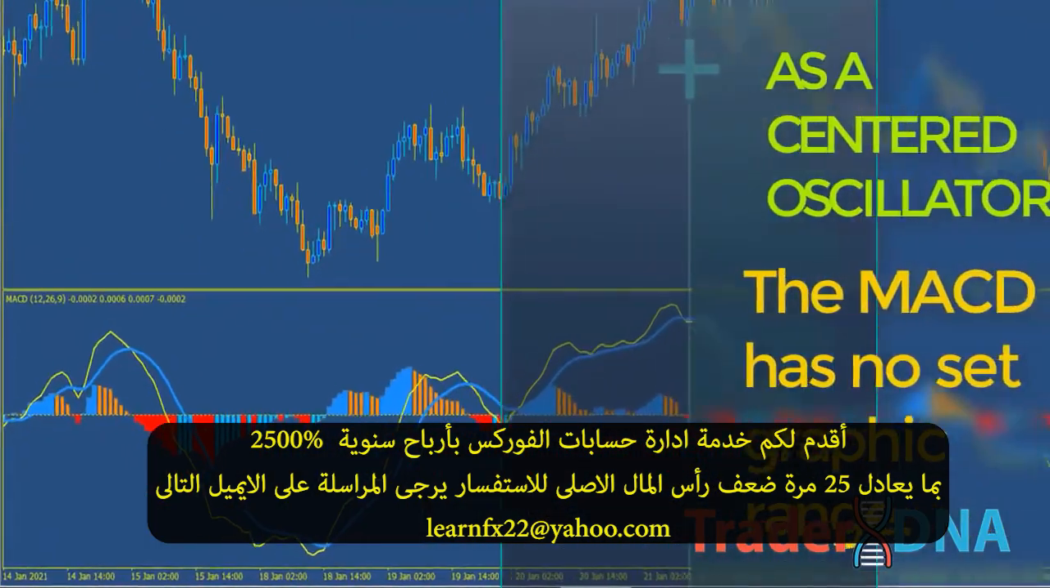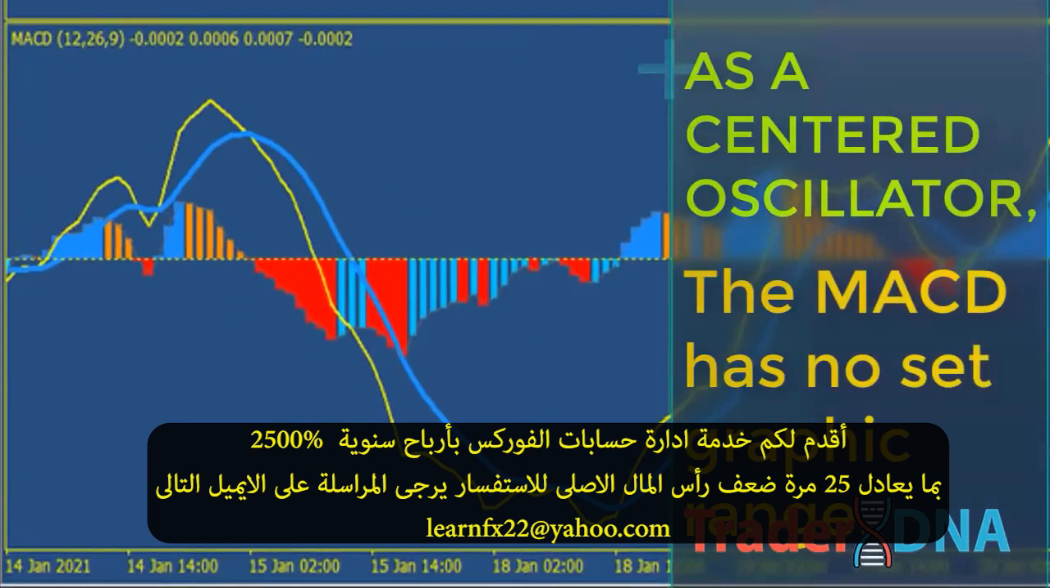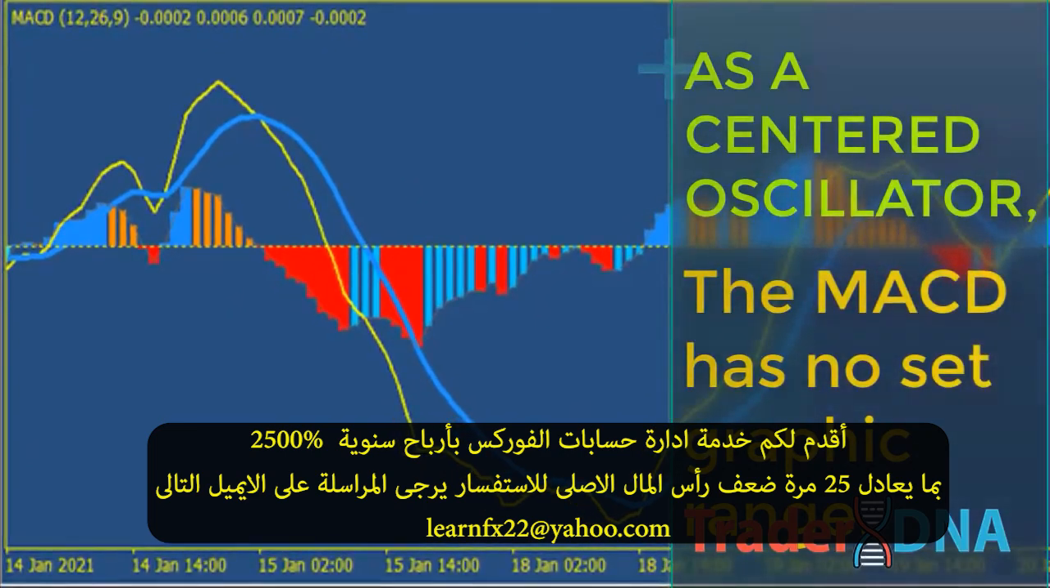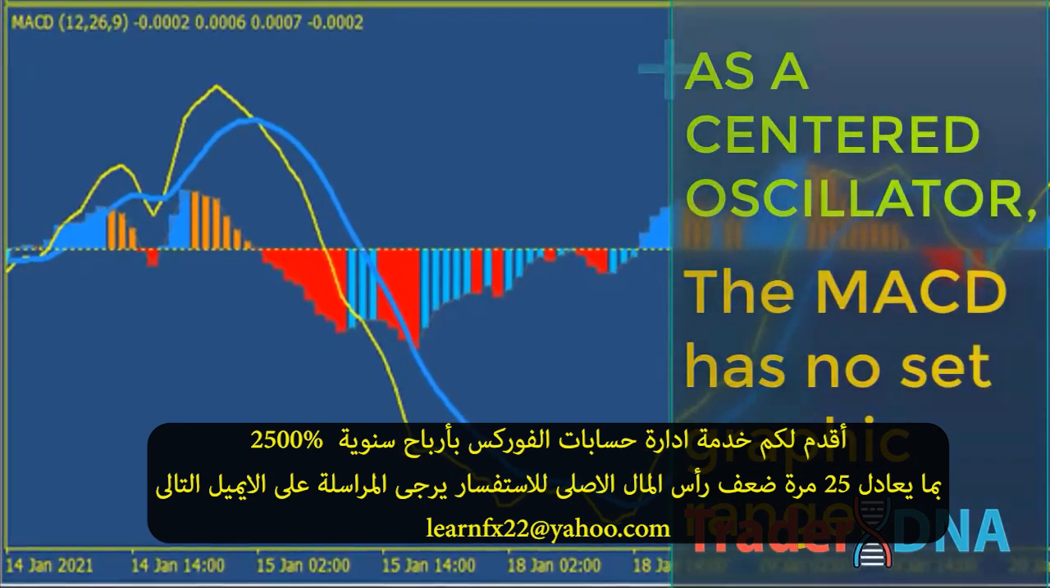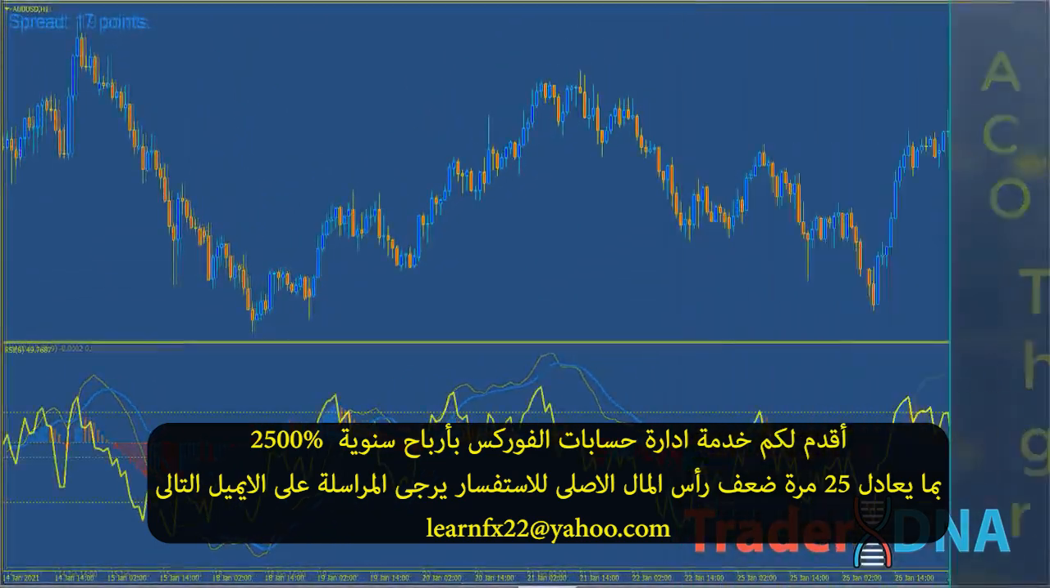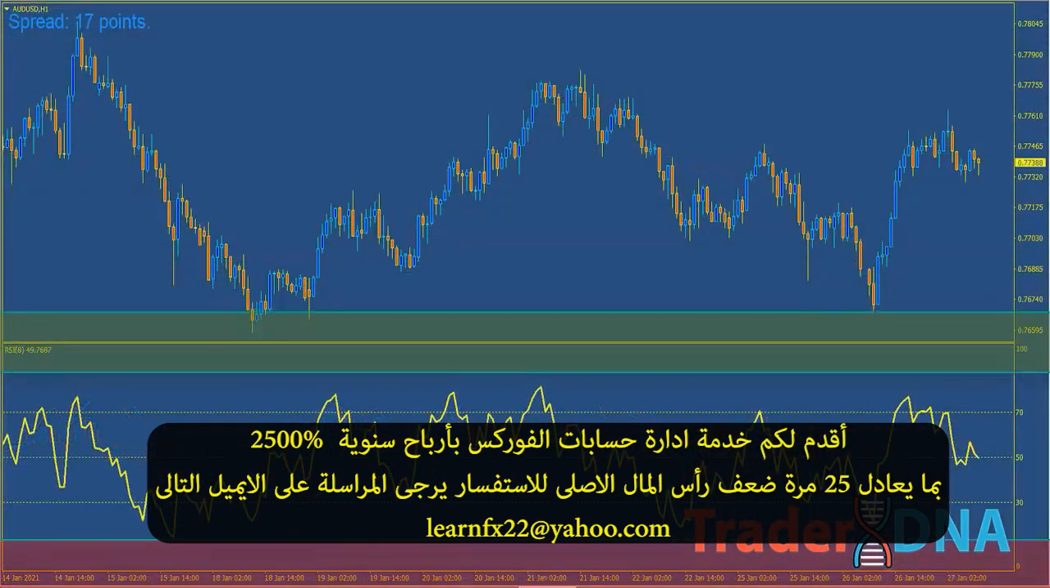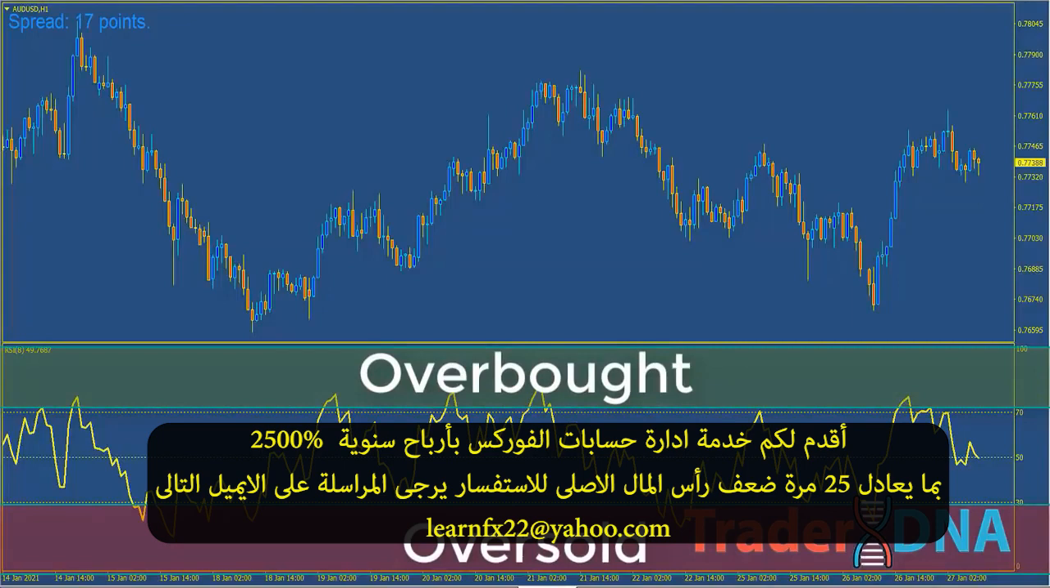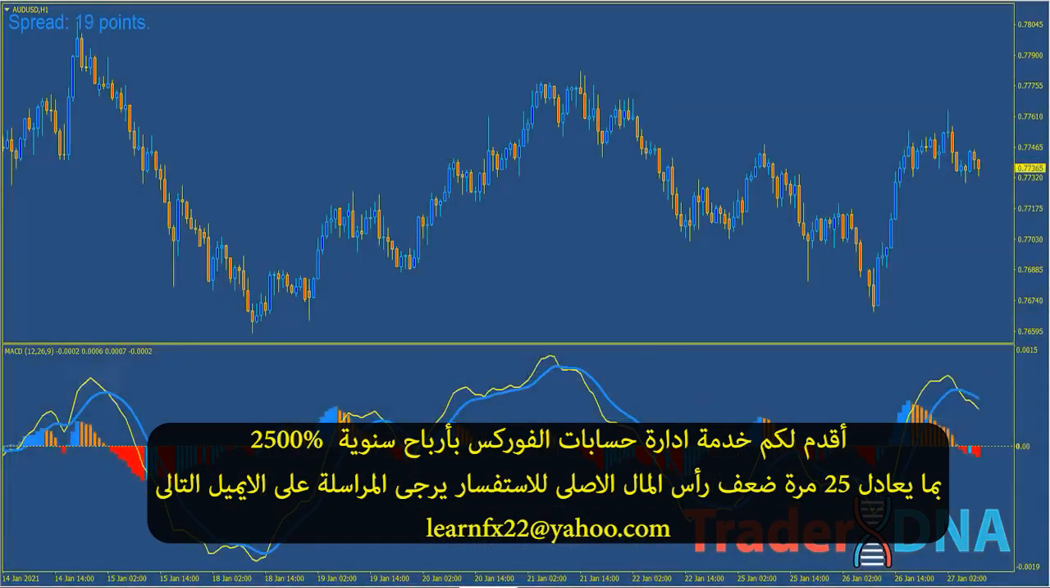As a centered oscillator, the MACD has no set graphic range. Because of this, it is incapable of providing precise overbought and oversold readings. Unlike other oscillating indicators such as the RSI, there is no predetermined overbought or oversold condition. High and low MACD levels are relative, depending on the security or index you are examining. You may need to study the behavior of the MACD over time before you can determine when the price is